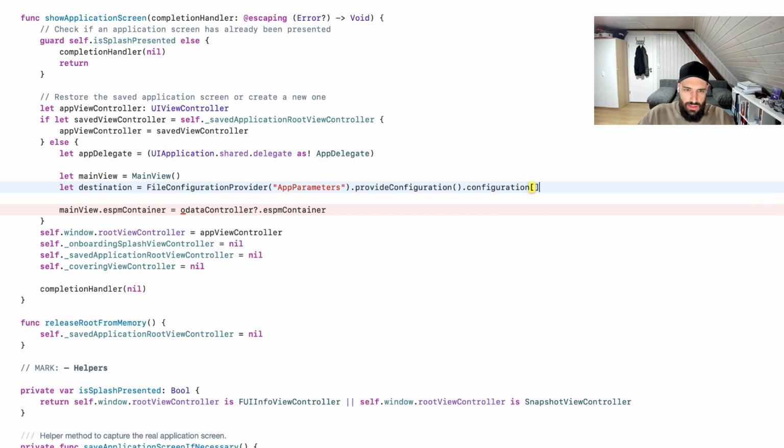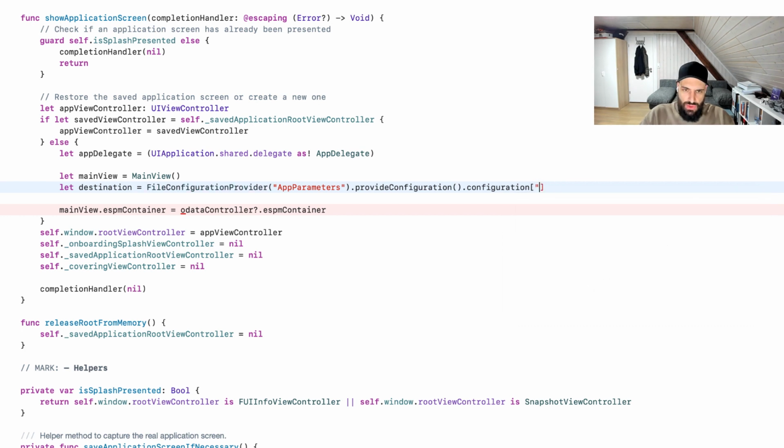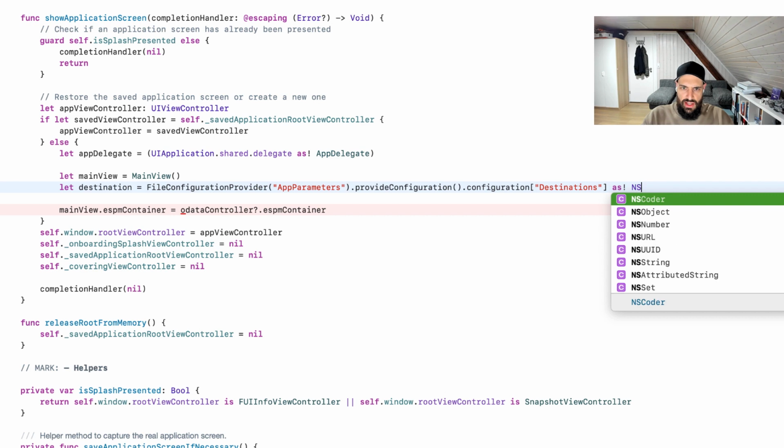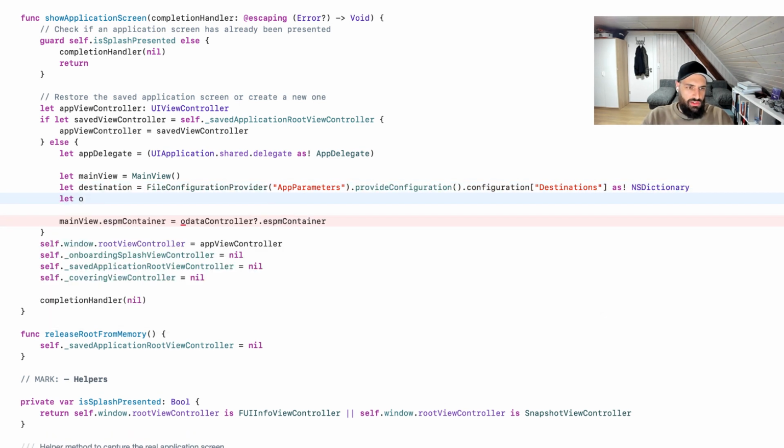And here we say we want the, oops, this is a string. We want the destinations, and we want this whole thing be parsed as NSDictionary, and then we can retrieve the OData controller